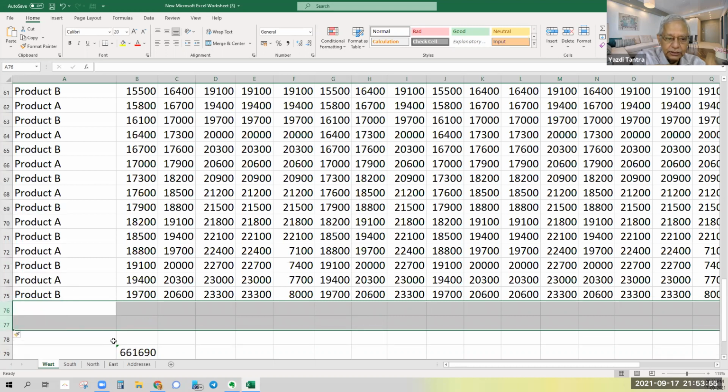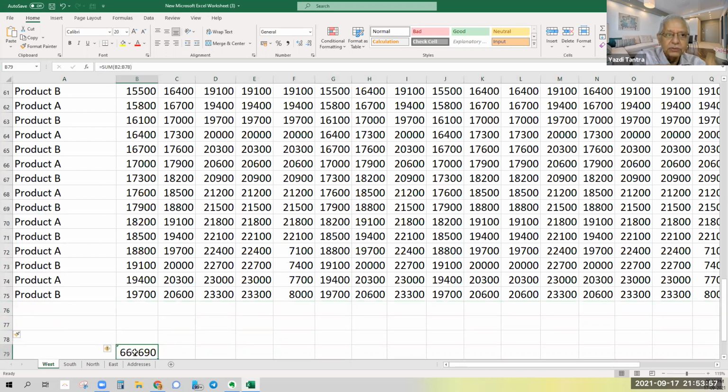I say insert. Now, what is the formula? It is B2 to B78. Did you notice that? Yes. So if you leave a space in between, automatically it will understand that if you insert something, the range will extend. Are we clear on this? Alt equal to is very, very simple.